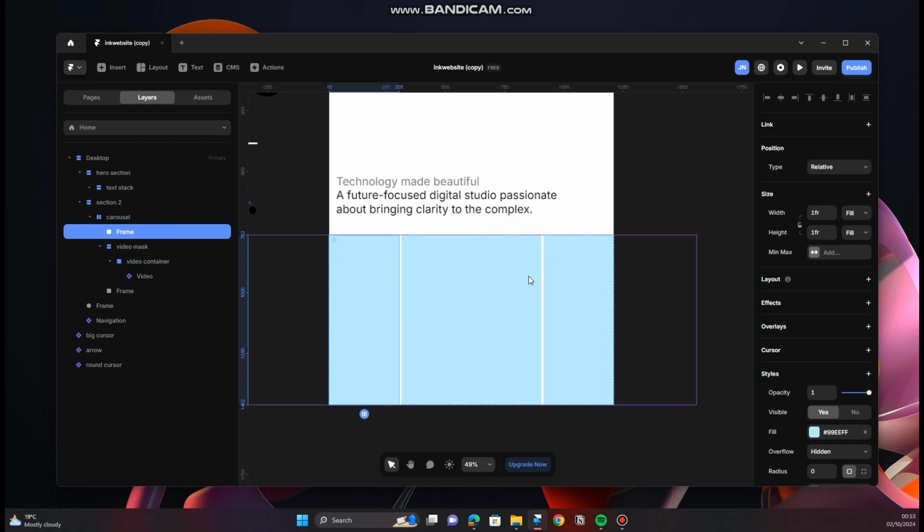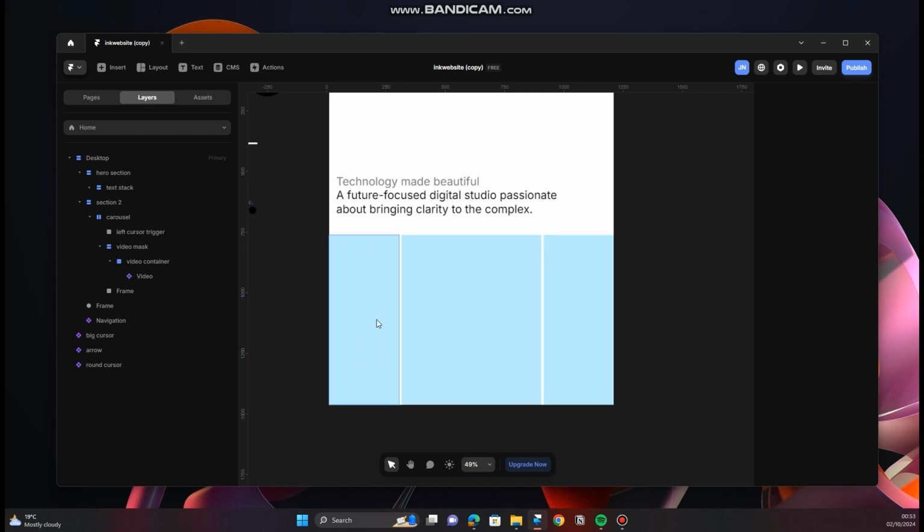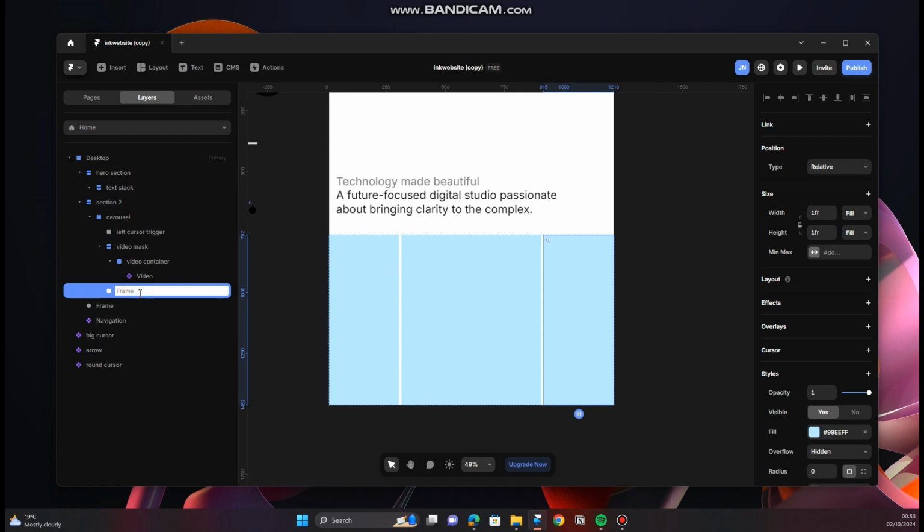Okay, and this is now where we're gonna define our frames. So what are these frames and what are they for? So this is going to be our left cursor trigger, meaning if we have our cursor on this part, it's gonna change to an arrow, and then if we come to the other one, it's going to be a right cursor trigger. Okay,